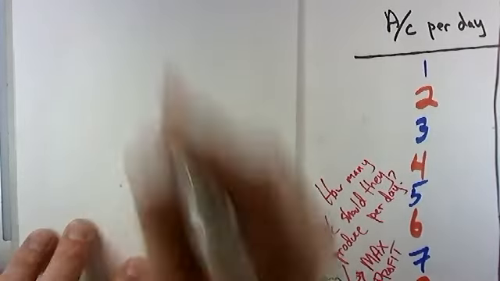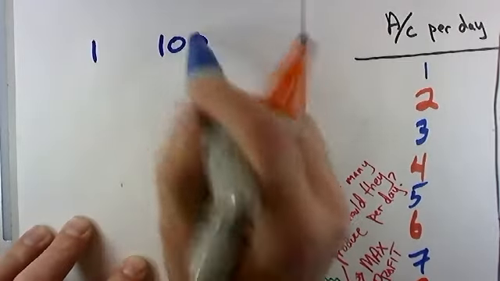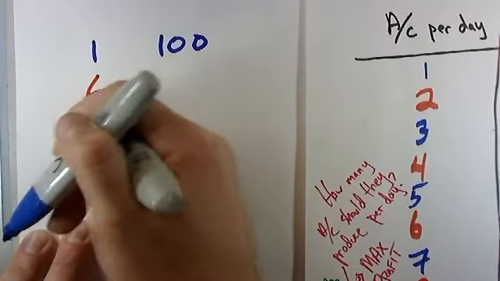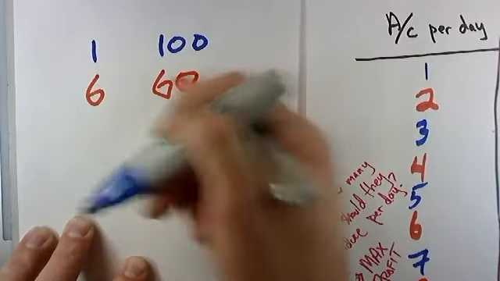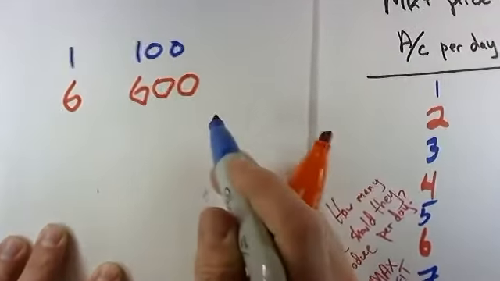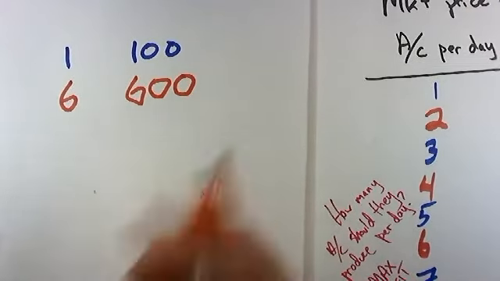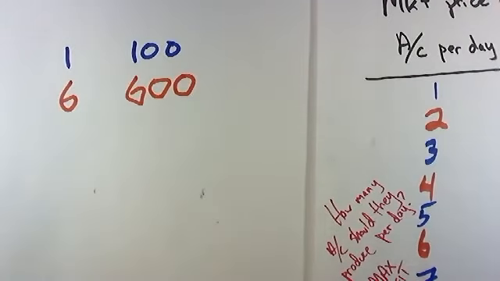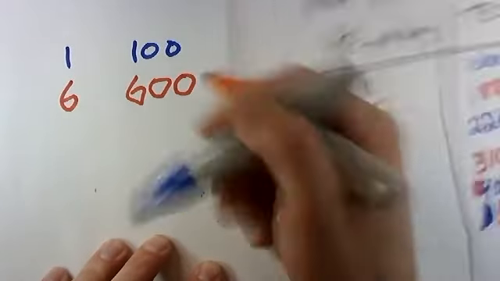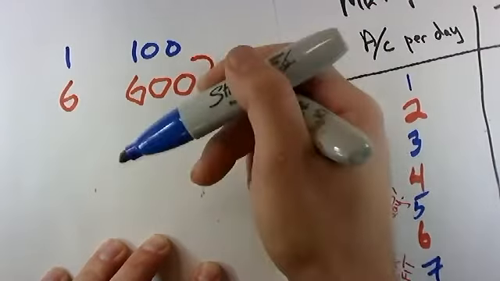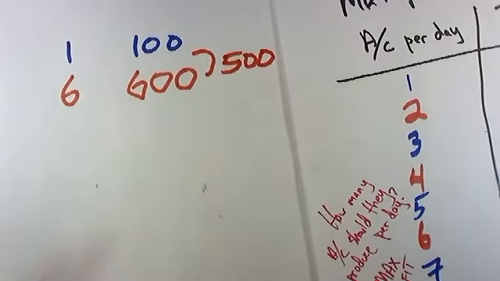What if instead it was 1 and 100, and then it was 6 and 600? Then what would our marginal cost be? What I don't want you all to do is get in the habit of just taking this value, subtracting it from this value, and saying, oh, well, the marginal cost is 500. That's actually really incorrect, because our marginal cost